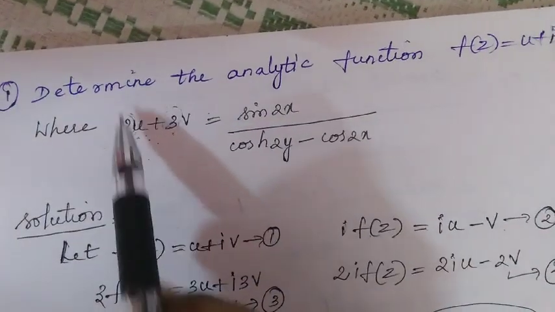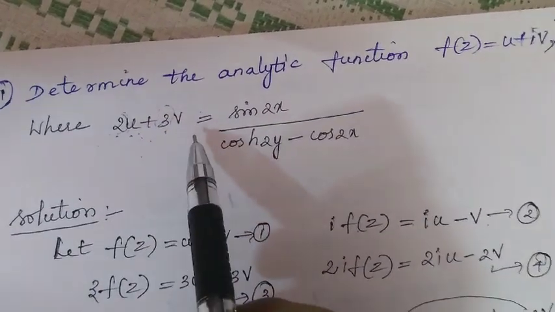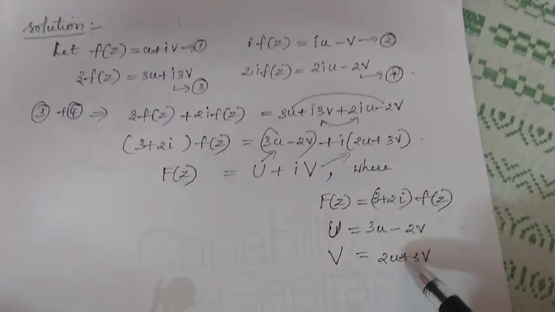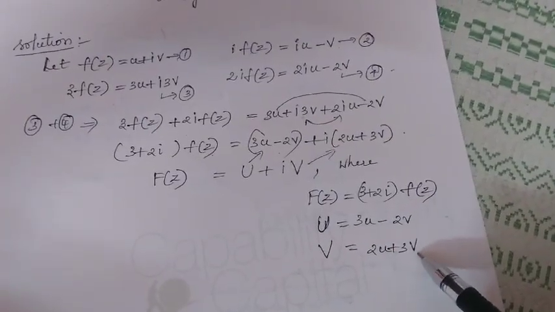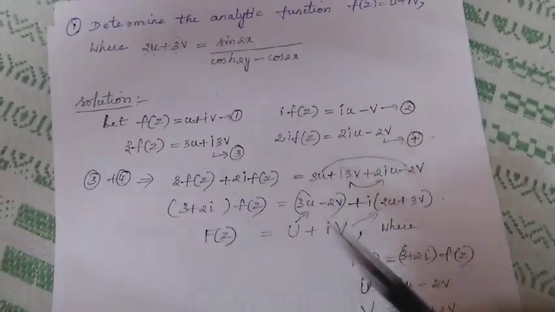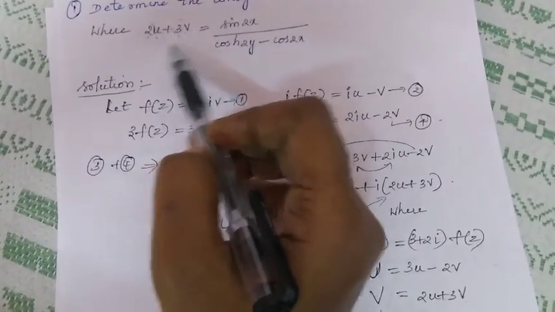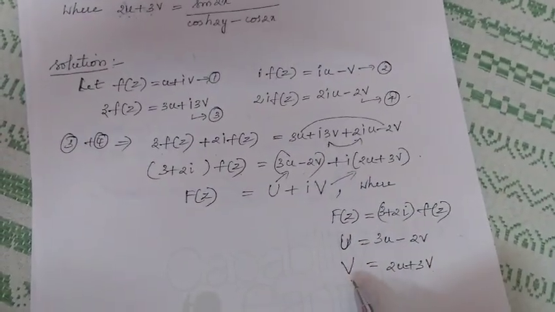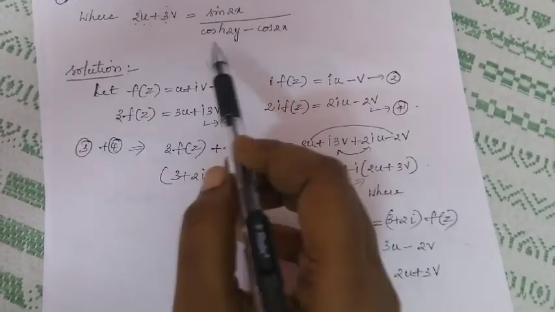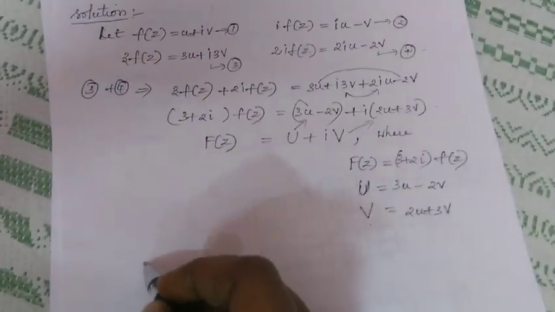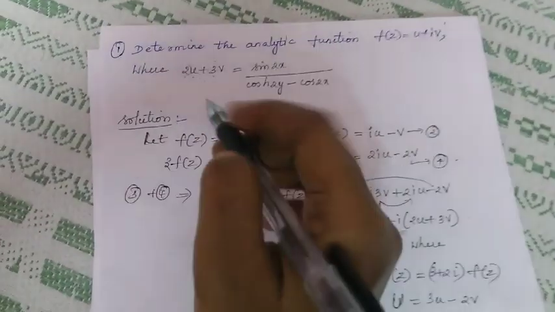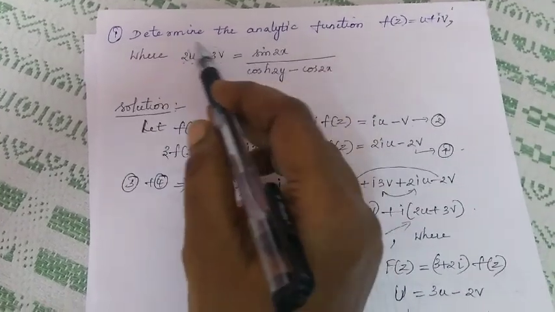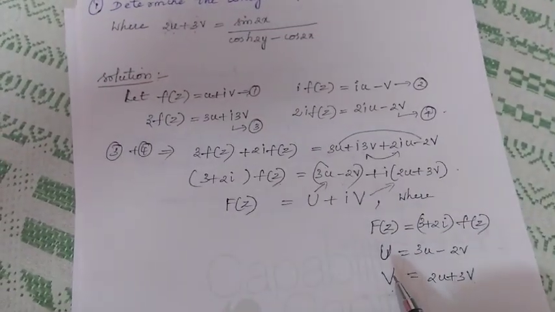And now when you look at the question here, on the left hand side what do you have? 2u plus 3v. The same 2u plus 3v we have got here, right? See here, 2u plus 3v, that's capital V, we got it. And here also you have 2u plus 3v. So instead of this 2u plus 3v, you can now replace it as what? Capital V on the left hand side of this equation. Okay, so that's what I'm going to do as my next step here. So instead of writing this 2u plus 3v on the left hand side, let me replace it as capital V.